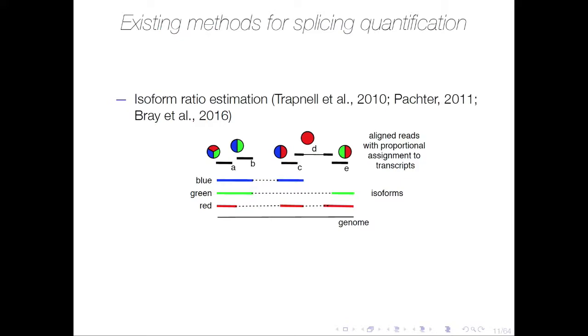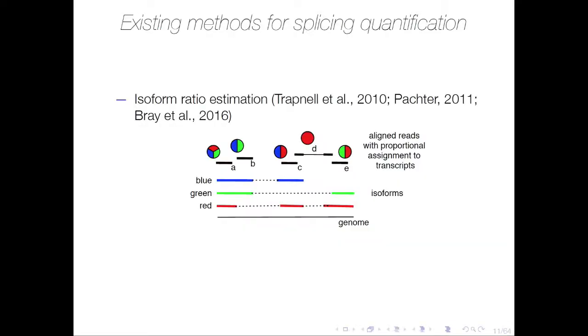There's been some nice work trying to view this as an inference problem, where you view the isoform expression levels as latent variables and then try to jointly estimate the isoform abundances as well as the assignment of each of these reads to different isoforms. However, especially for large genes with many different isoforms, this is a really statistically challenging problem, and the resulting estimates tend to be noisy and tend not to be robust to small changes in the input data. In addition, you're also very dependent on having a good set of known isoforms to begin with.